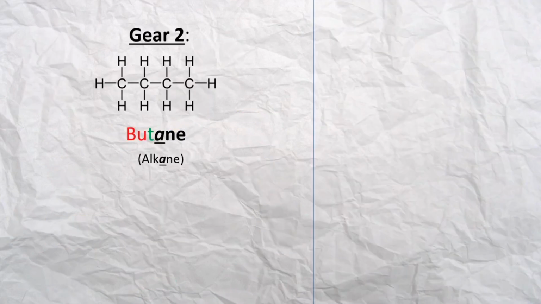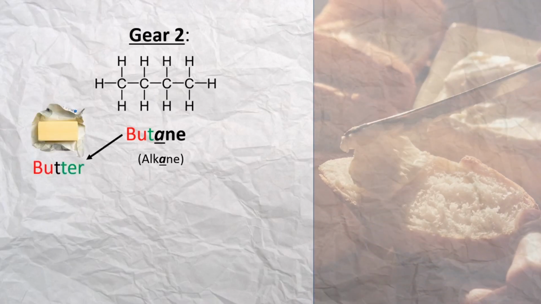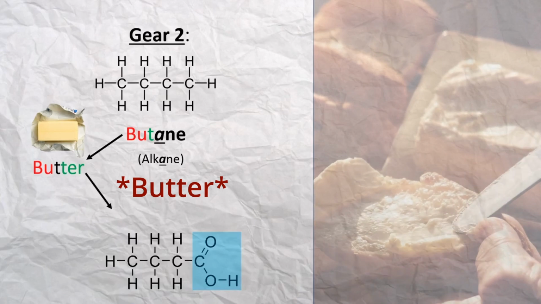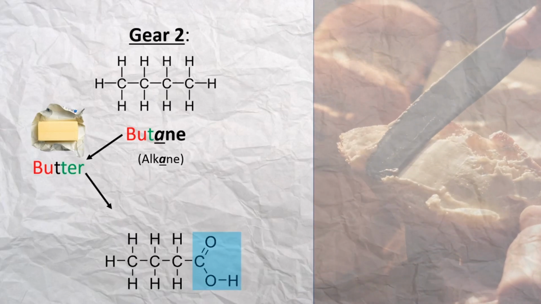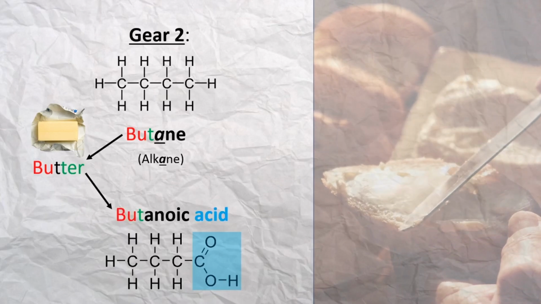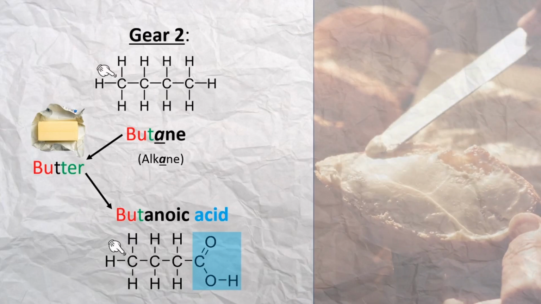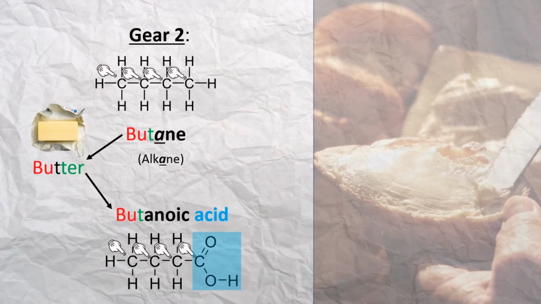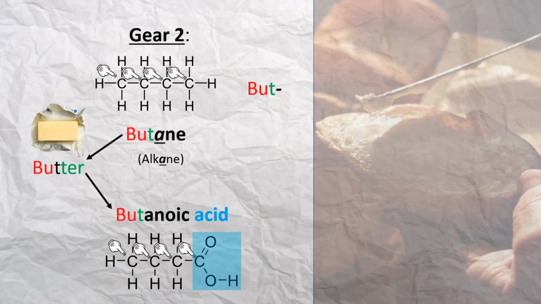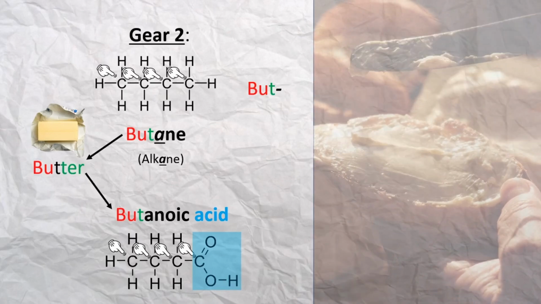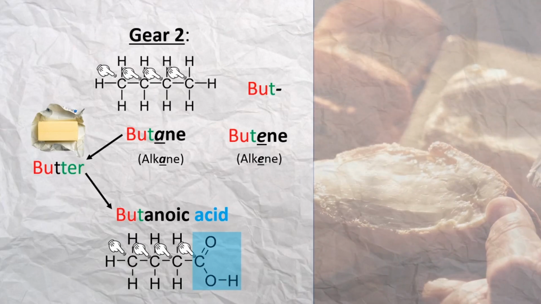Butane also finds its link with cow's milk. The but part comes from the word butter. And this is because old rancid cheese forms an acid, this acid here. And this acid was called butyric acid, but now is better known as butanoic acid. Anytime you see a string of carbons that are 4 carbons long, we now use the prefix but to denote that it has 4 carbons within it somewhere. You need to know that butene is an alkene and butane is an alkane.